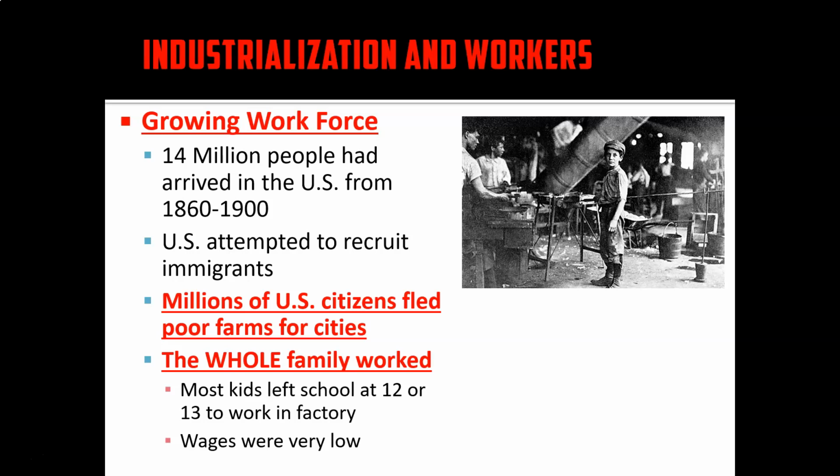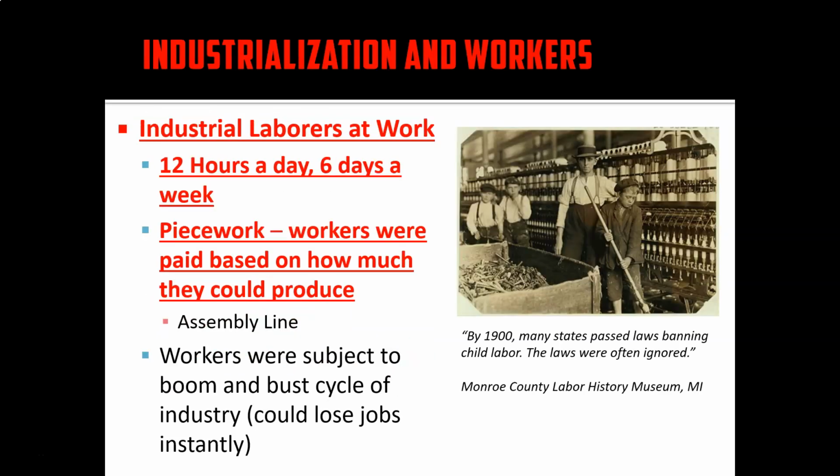They did this because they could make more money in the city and their whole family could work and make money, and they didn't have all the strain of trying to survive. It was stabilized and set by someone who's basically taken the brunt of all the organization. Now, the problem with this, you're going to see here in a second, is the wages are very low, among other things, and it's going to be very dangerous work. But most kids left school at the age of 12 or 13, and they would go to work in a factory. They did not continue to go to school, especially with farms shutting down. They pretty much left and moved on with their life as a young child.